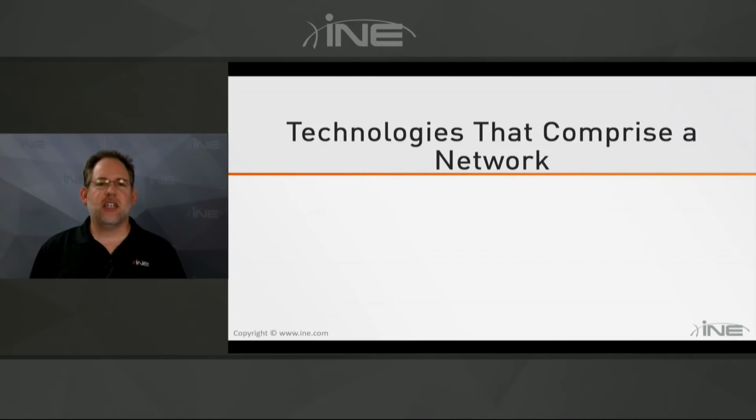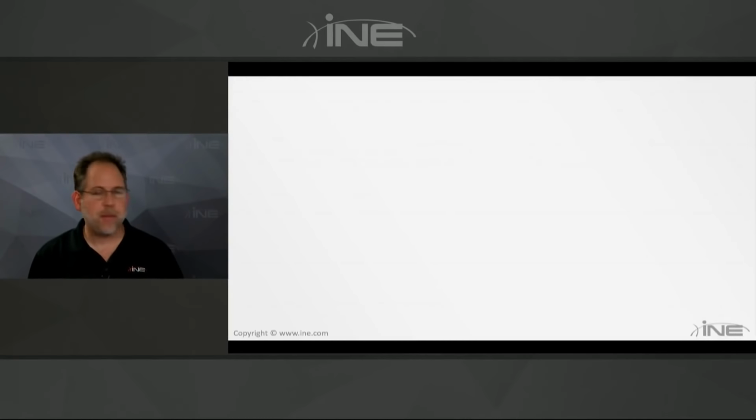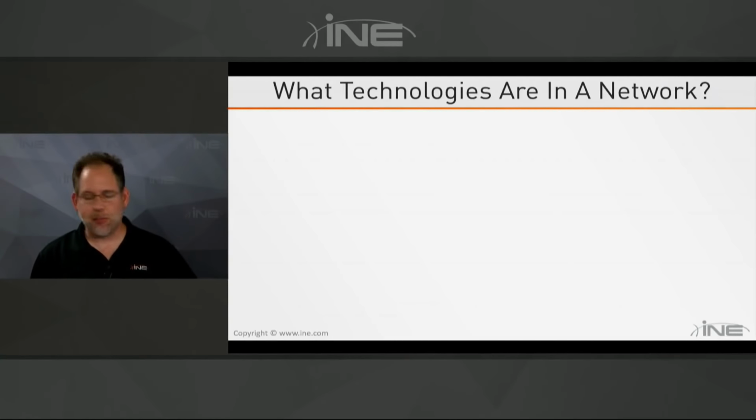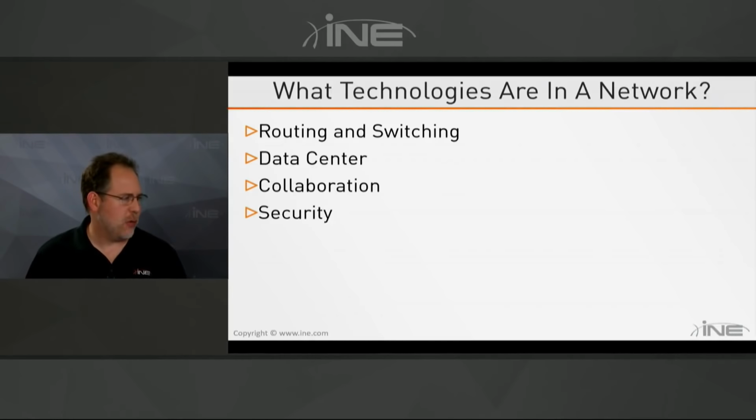So this next section here, I'm primarily going to whiteboard for you when I talk about the common technologies and terminology that work in a network. Specifically, you're going to hear these terms. I've mentioned them a little bit in the Q&A, and will go into them a little bit more deeply now, which is routing and switching, data center, collaboration, and security. What is that stuff? When it comes to technologies in a network, where does all that come into play? So in order to do that,